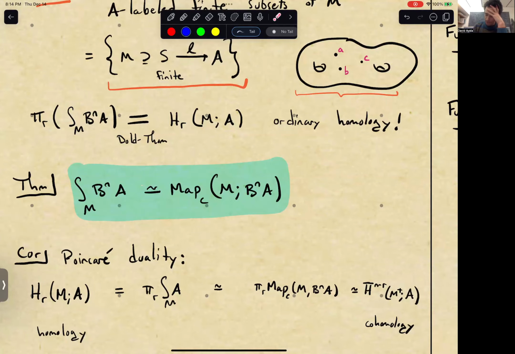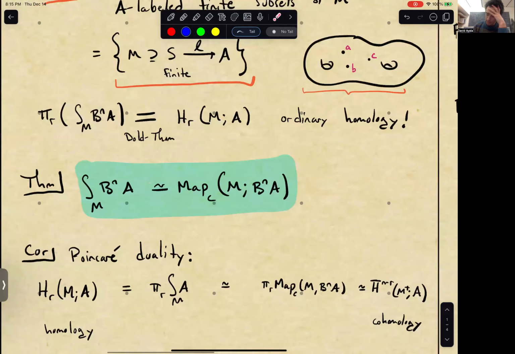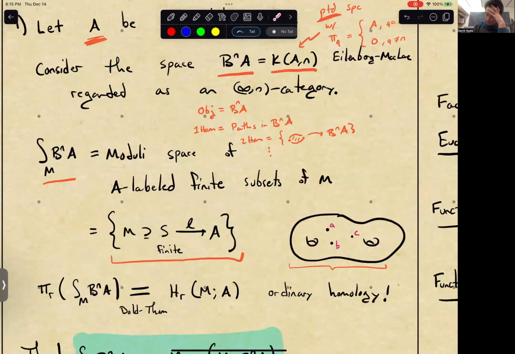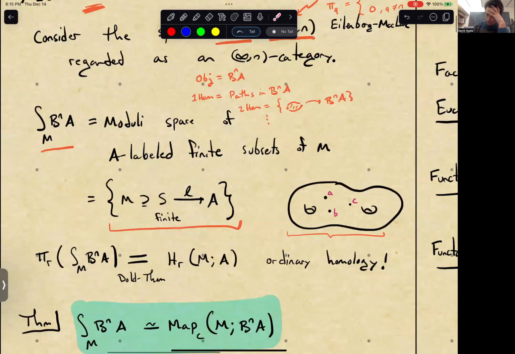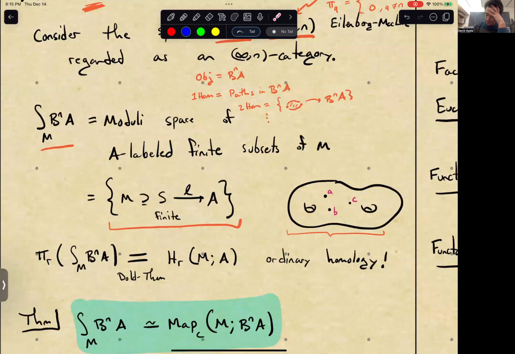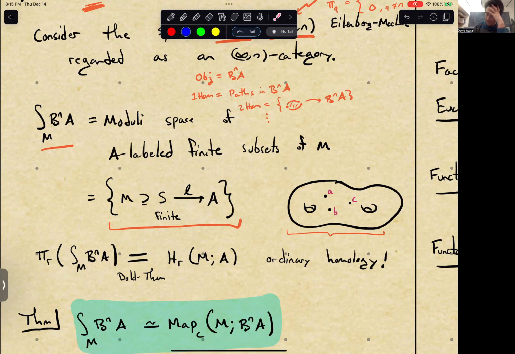So I think there's two takeaways from this example. One is that factorization homology generalizes homology, and the other is factorization homology tends to capture mapping spaces. And if these seem very different to you, and you're wondering what's the intuition for why these are the same, besides Poincare duality,